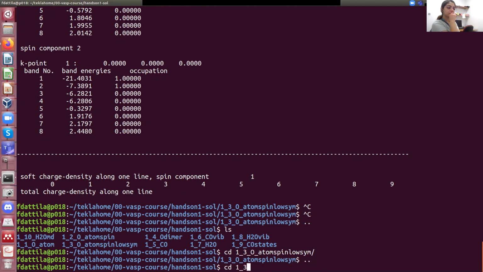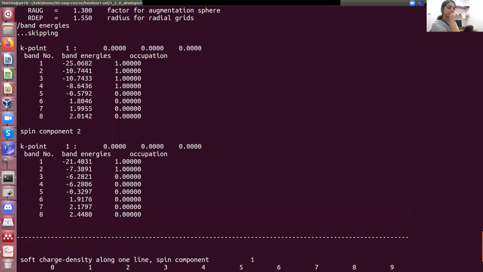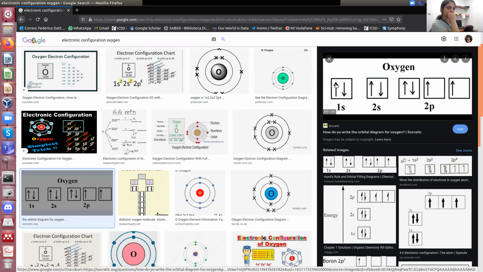The band energy for the first and the second is not the same. Why did that happen? This one is different from this one. It's the same atom, no? I think so. You have oxygen and different types of electrons. I would also expect the band energies to be the same. And the occupation, the first one is 4, and the second... Yes, but this is because you have the two spin components. The first occupation counts 1, 2, 3, 4, and the second 1, 2.